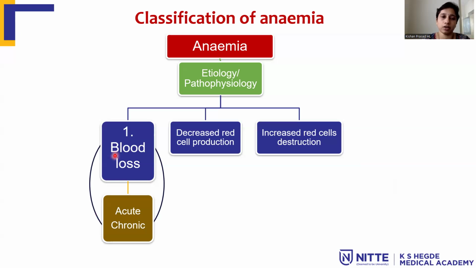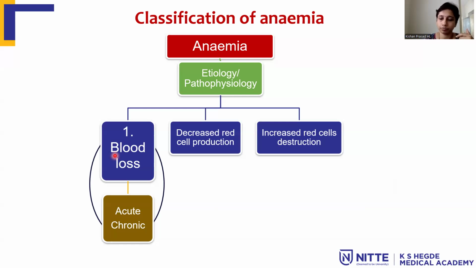So the first group is blood loss. So blood loss can be acute or chronic. So what could be the cause for acute blood loss? It can be major trauma, either road traffic accident or internal hemorrhage, which is acute. Chronic blood loss, there are plenty of causes. It can be bleeding through various cavities, either nasal cavity or coughing up of blood, that is hemoptysis, hematemesis, vomiting of the blood, or there is some internal chronic blood loss, especially in GI diseases like peptic ulcer in the gastric, or duodenum, or chronic hematological malignancies can lead to